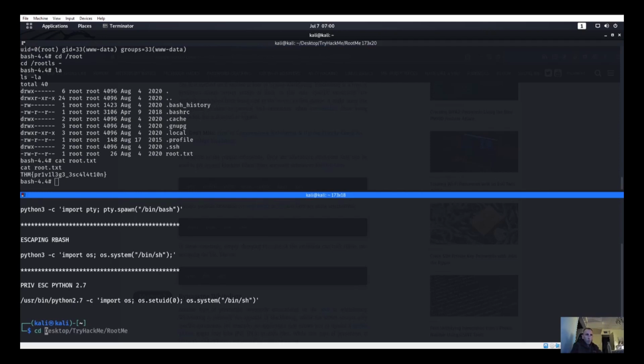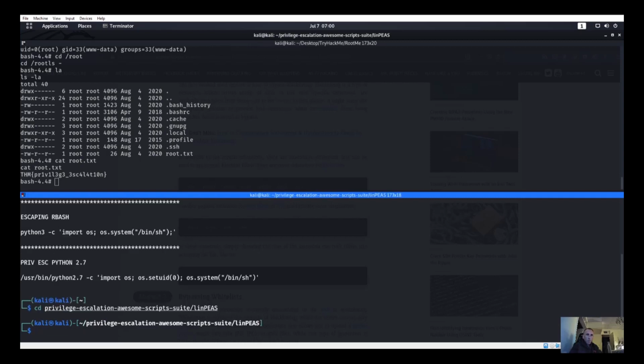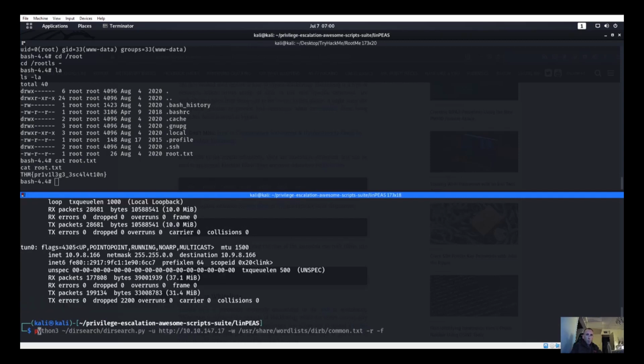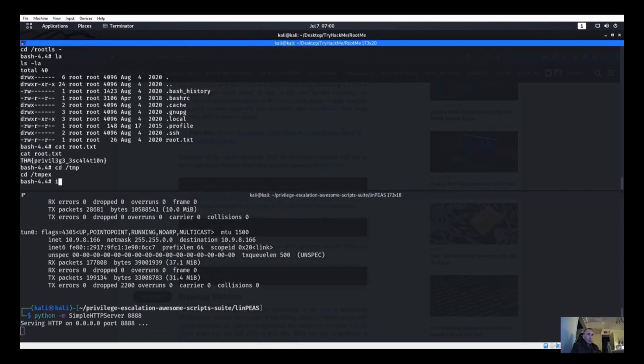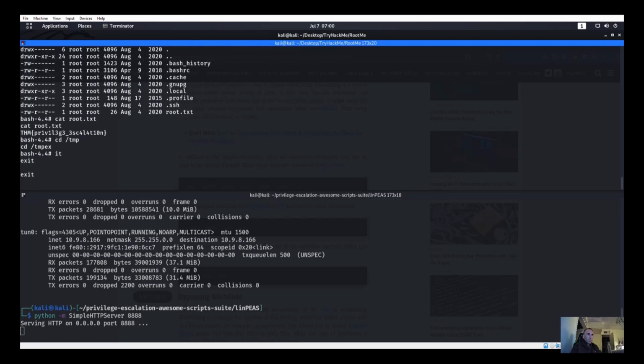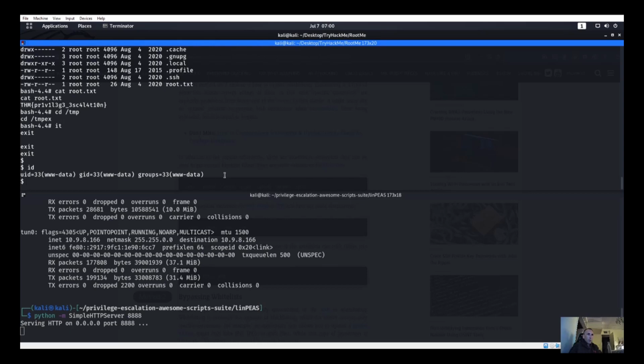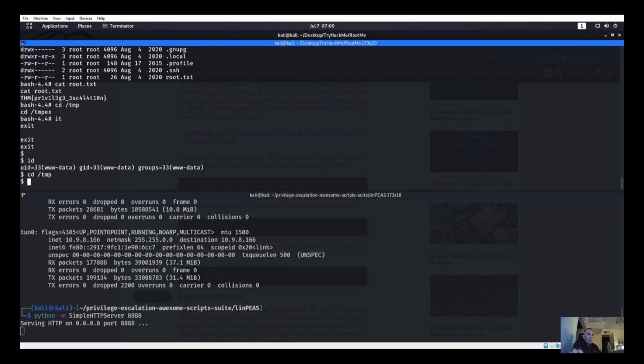So, if you didn't know that Python was a weird SUID bit, what could you do? Well, we could always go into our privilege escalation directory with linpeas and start a Python server. And then from up here, we can cd to temp. Actually, you know what, let's go ahead and exit. There we go, so I'm back to www-data. cd to temp, and then do a wget